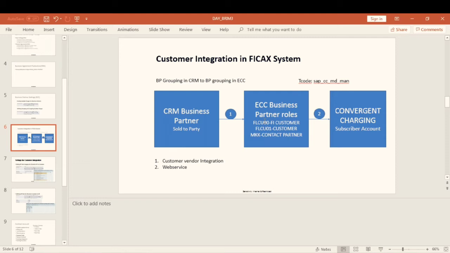In the middleware, I said we will maintain the PIDE settings in ECC. So in ECC we will say clearly that the BP group of CRM has to be linked to this specific account group, so that when the customers are transferred from CRM to ECC, it will link to that account group. They both will have the same number range, and in CRM it is set as internal, and in ECC the external number range is set so that it can receive the business partners.